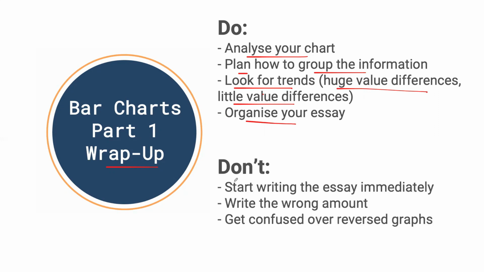For things you don't want to do, definitely don't start writing the essay immediately. You want to take that time to plan and really analyze your graph. If you don't do that, you're not going to know what to write. So don't write the wrong amount. You want to stick to 150 words minimum. Don't go too far over that. You see how our highest today was around 190. That's about as far as you want to go. And do not get confused over reversed graphs like our last third example. In some ways, this can actually be easier for you